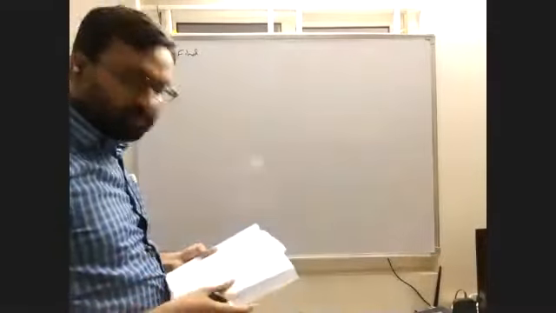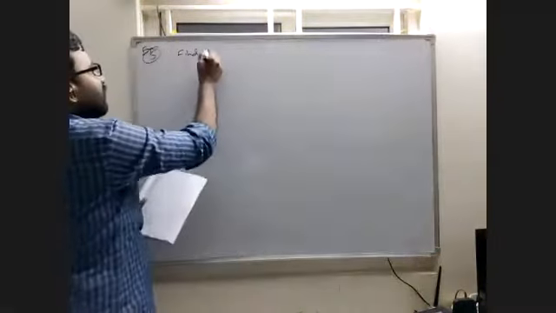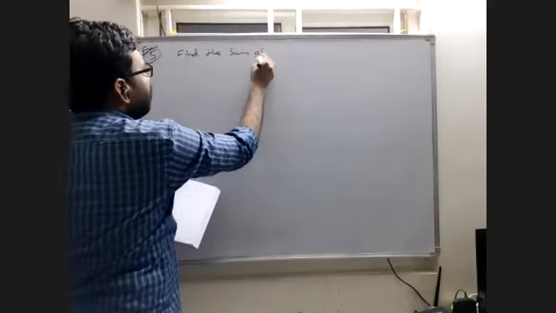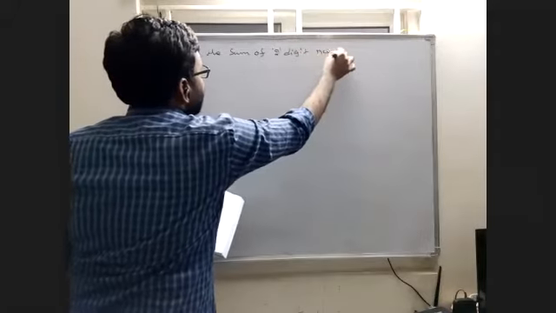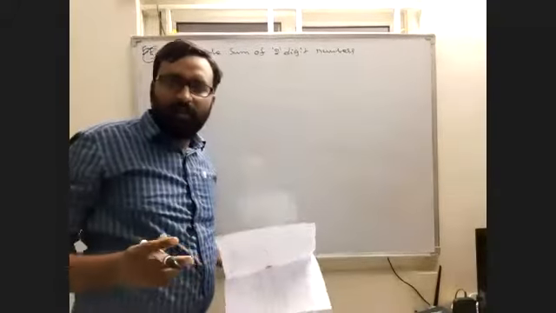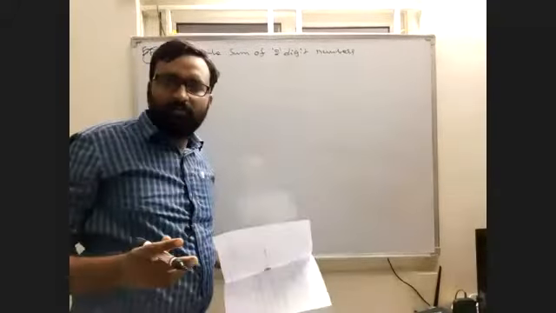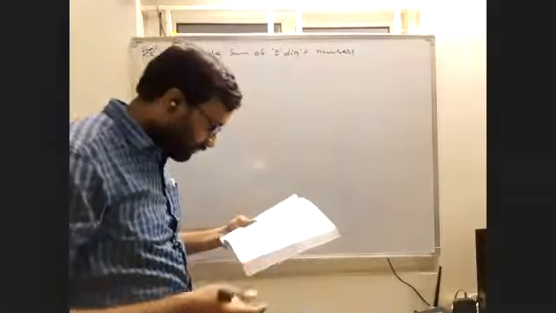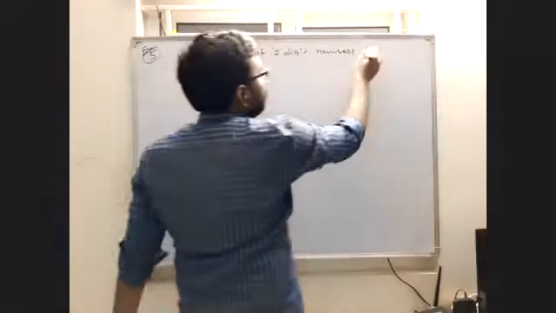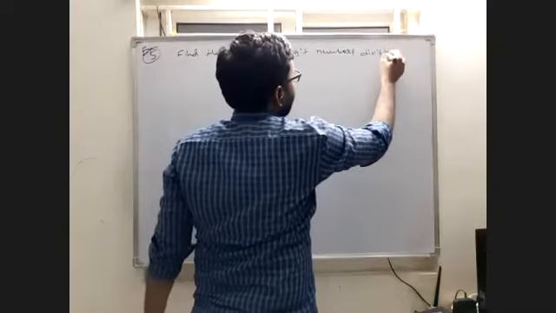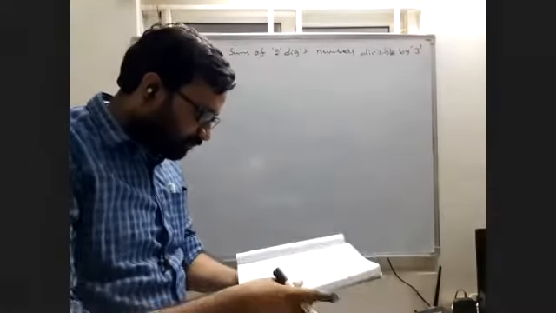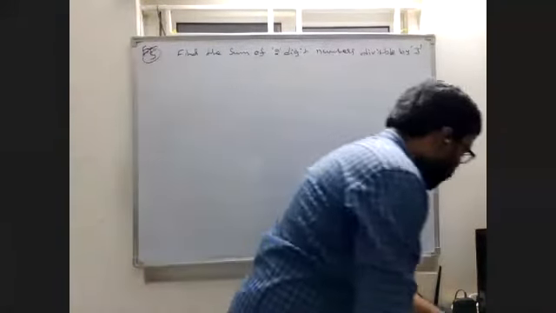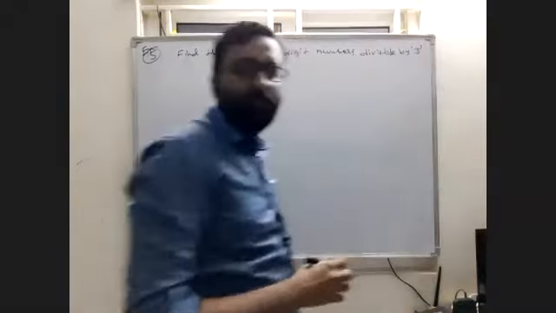Yeah, the question is, this is also very important. This type of questions we have in exercise. Find the sum of two-digit numbers. We have from 10 onwards, 99, all are two-digit numbers. But they are given one condition: those two-digit numbers should be divisible by 3. So it is asking to find the sum of the two-digit numbers divisible by 3.